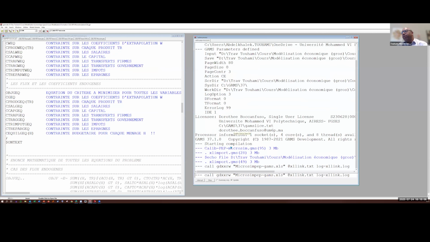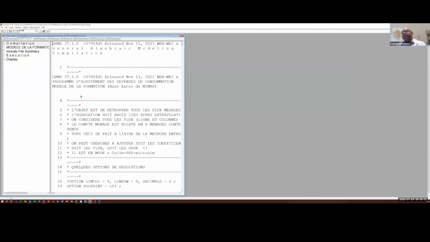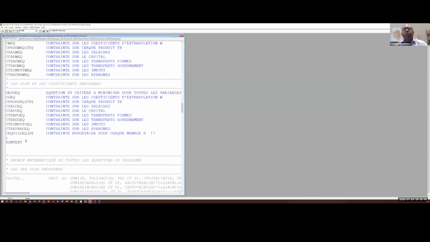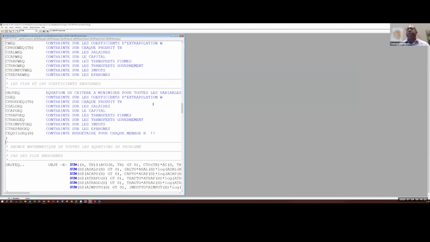Okay. Now I put my own text here just for one moment, just to be sure I have no error before, to be sure I am correct. I ran this part of the GAMS file. Now there is no error. Now here I will go slowly, and